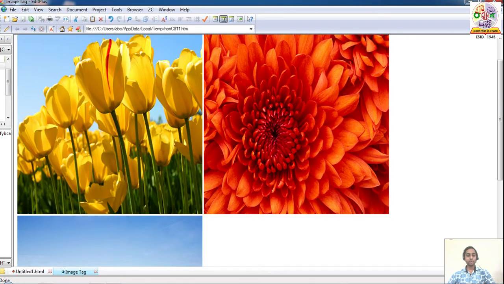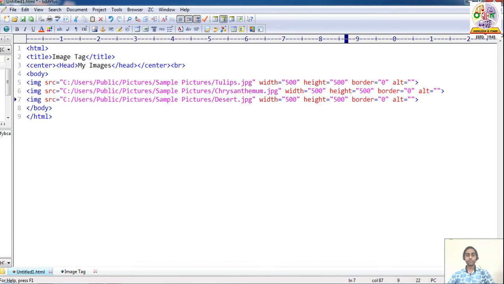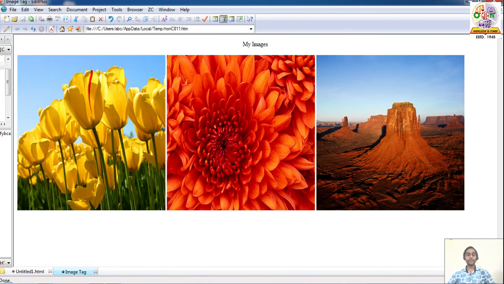We have to choose how. Four, four, four. Again 4, 4, 4. Like that. In that case, if you want a border for each image, you can show it.